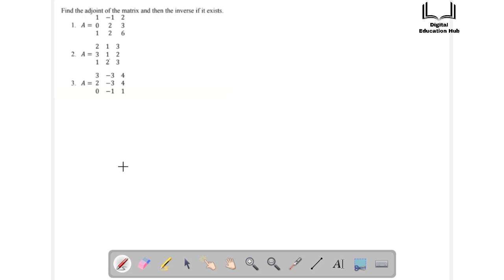Suppose I am having a matrix A equal to 1 minus 1 2, 0 2 3, 1 2 6. Now I'm trying to find the minor of this matrix. So the minor concept is finding the one less order of this particular matrix. Like, so the minor of this matrix can be given as,